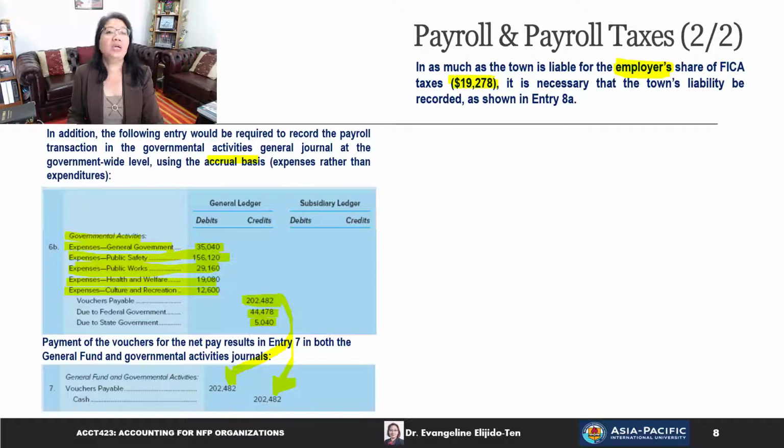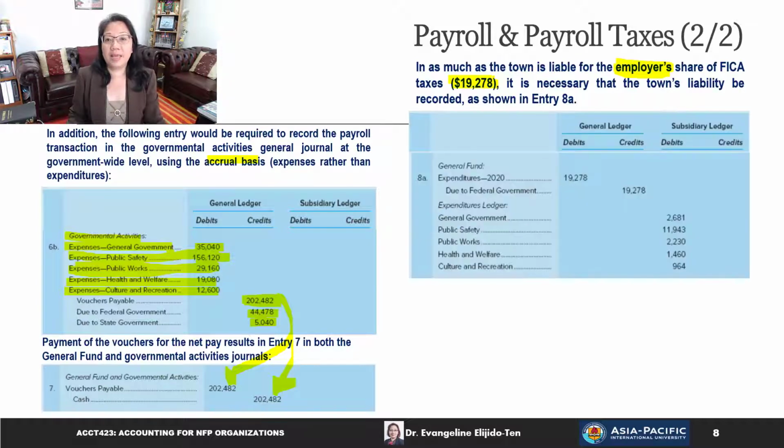So how does the town of Brighton record this employer share of FICA? They will debit in the general fund, debit expenditures 2020 for 19,278, and because this is still to be paid to the federal government, they will credit due to federal government